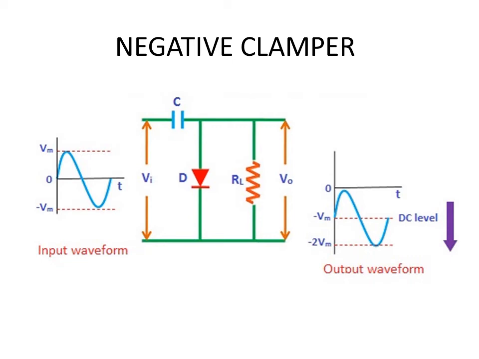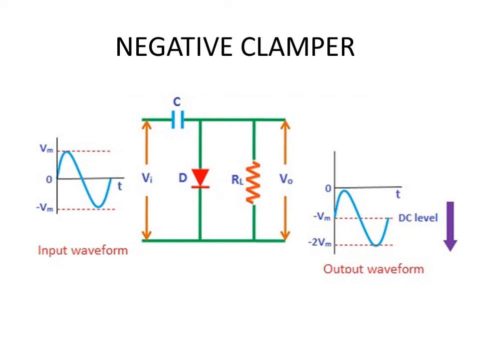So like that you can go on as before. You can find out the voltage corresponding to these 5 points. Whenever your input is 0, your output is minus Vm. So those 3 points can be marked in the graph, and then you just have to find out how much will be your output voltage when the input is positive Vm. When the input is positive Vm, your output will be Vm minus Vm, which is 0. So that is here. You can see when your input is positive Vm, your output is 0.